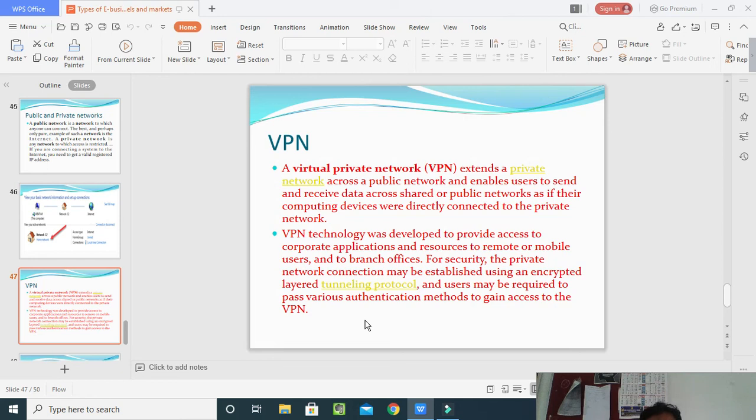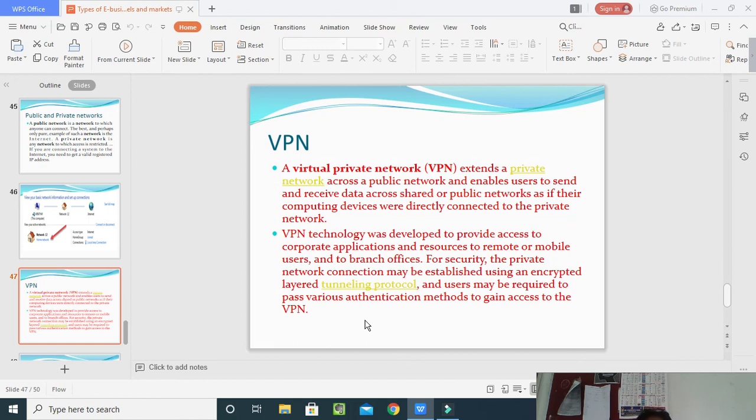For security, the private networks connect may be established using an encrypted layered tunneling protocol, and users may be required to pass various authentication methods to gain access to the VPN. See, here it has been mentioned clearly how the